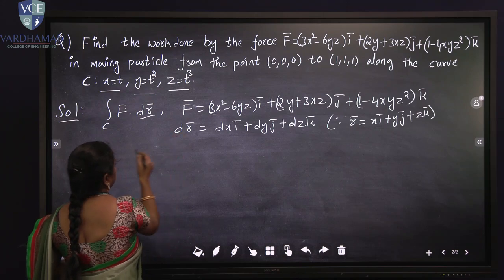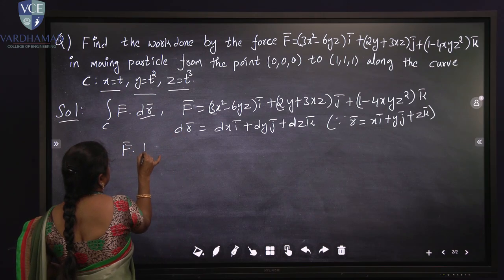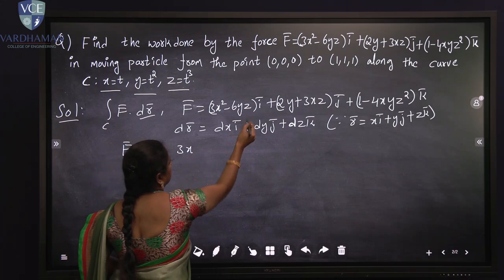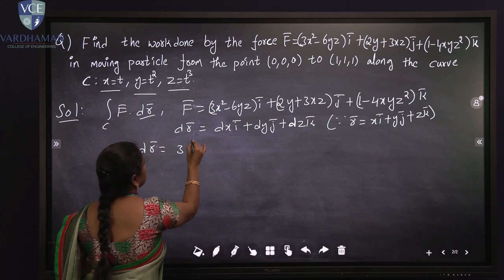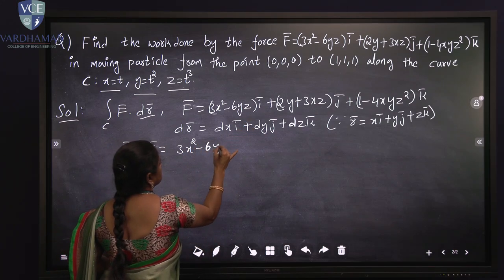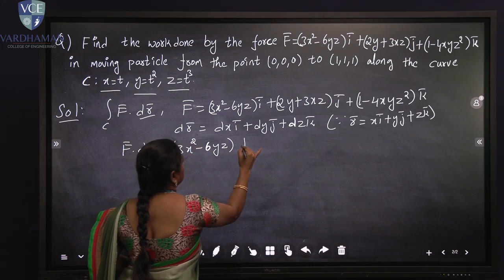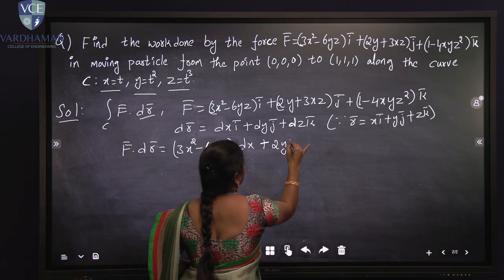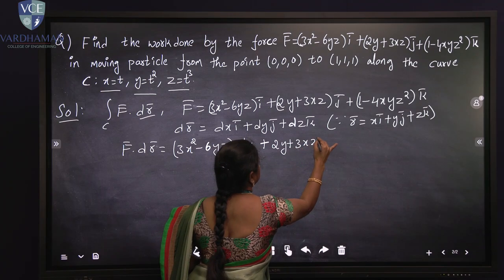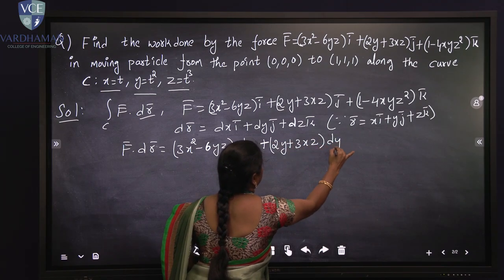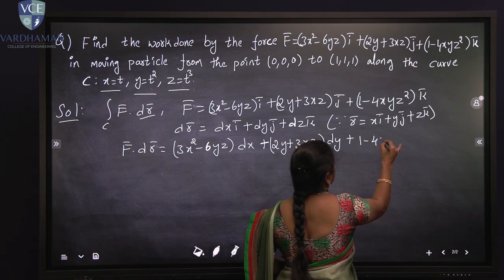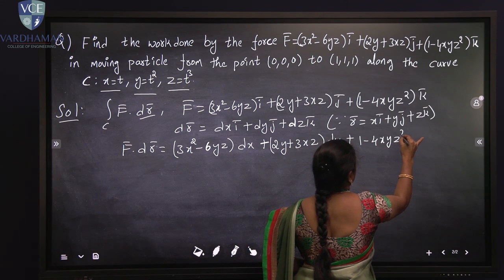If we do the dot product of these two, F bar dot dr bar, i bar dot i bar will become 1, so we get (3x square minus 6yz) dx plus (2y plus 3xz) dy plus (1 minus 4xy z square)